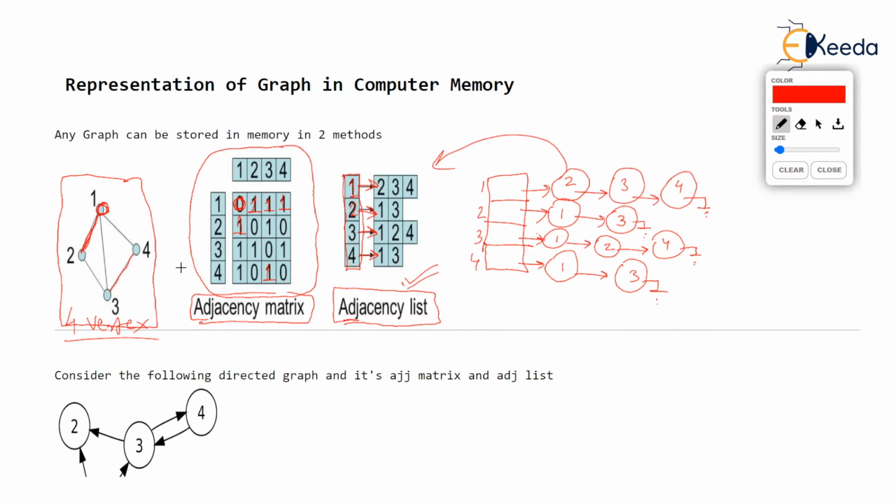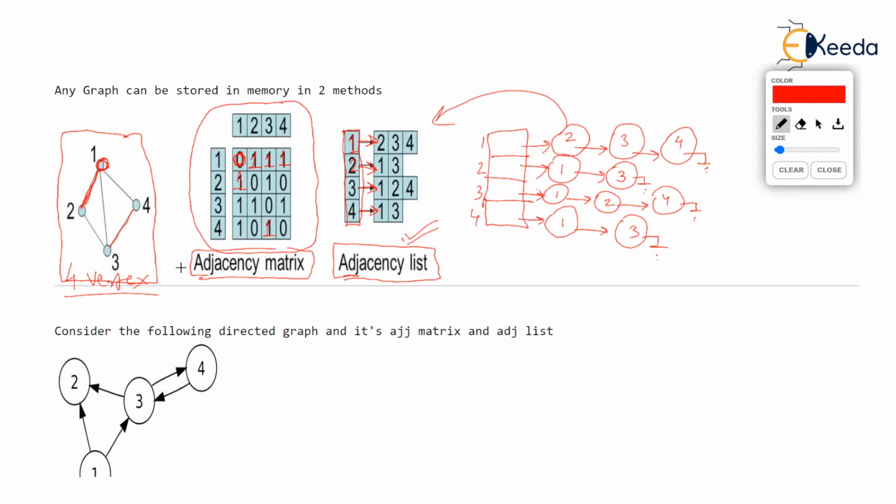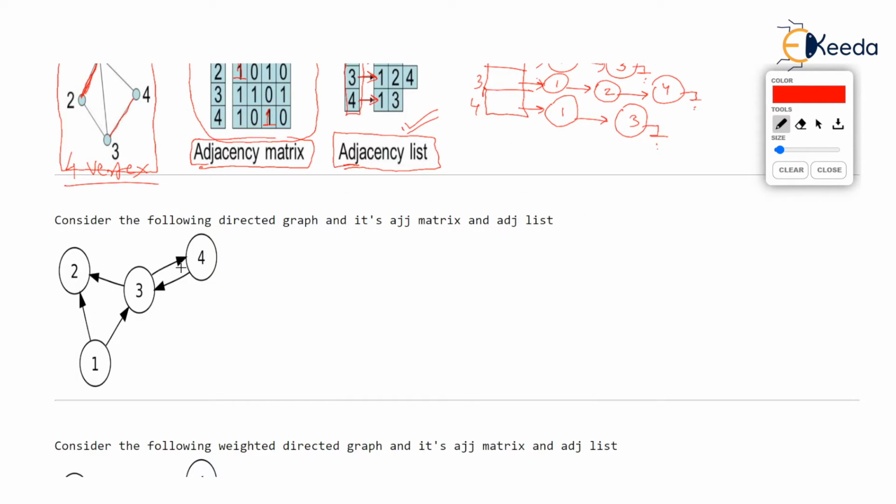Consider this graph. This is known as a directed graph. Now, this is a directed graph because every edge is having a direction. So we say vertex 3 is adjacent to 4 because there is a directed edge from 3 to 4. And vertex 4 is adjacent to vertex 3 because there is a directed edge from 4 to 3. Now you again observe vertex 3 is adjacent to vertex 2 because there is an edge from 3 to 2, but vertex 2 is not adjacent to 3 because there is no edge from 2 to 3. There is no directed edge from 2 to 3.